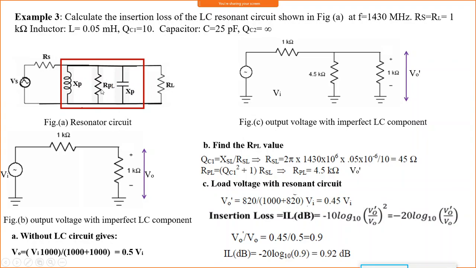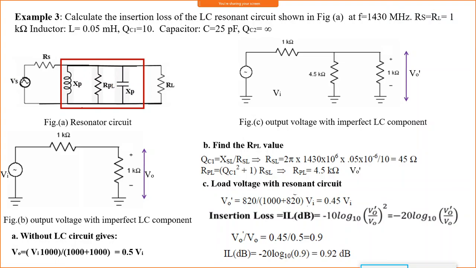So that insertion loss depends on the component resistance value, that is the RS here, the series resistance, because only there the power is going to dissipate. It is not delivered to the output. Part of that 0.92 dB is dissipated in this network, so that is a waste of power. The insertion loss depends on resistance. So while choosing the components, we have to see they should not introduce more loss. The resonator circuit should not introduce more loss. If there is more loss, it means most of the power is dissipated in the resonator circuit only.